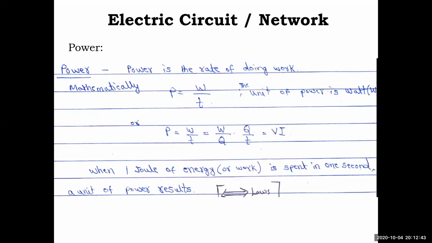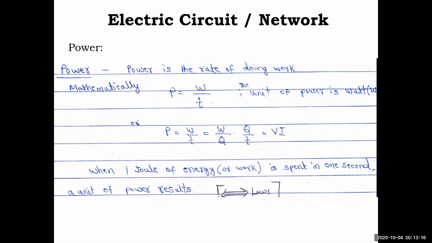Finally, we'll define power. Normally when we say power is gone, right? No power, right? So what is that power? Power is nothing but the rate of doing work. So what is the work here in the electric circuit? Transferring of charge from one point to another. How much work is done per charge is called voltage. Now that rate of doing work, how fast or how slow, is defined by power.